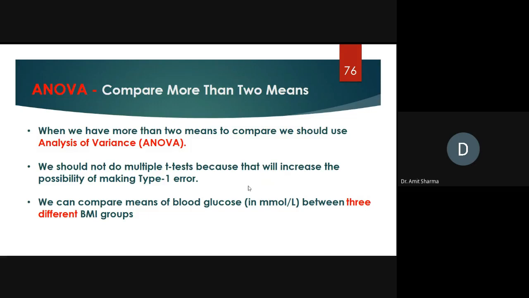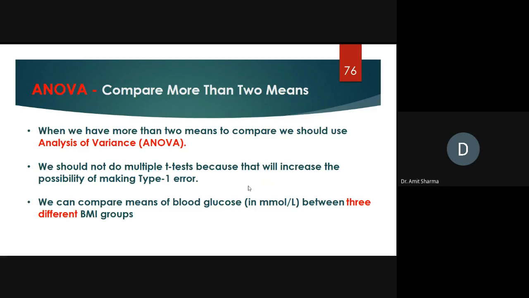So you want to find out which method is best amongst method A, method B, and method C. For that purpose, you can apply the test called ANOVA. What you are going to do is the analysis of variance. Now here, variance means what?